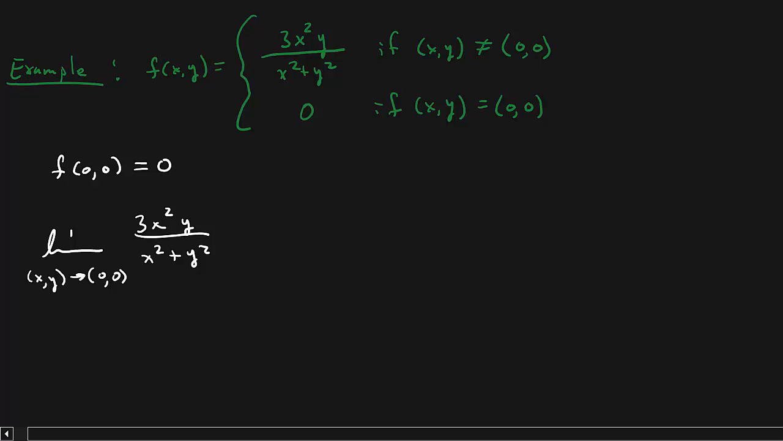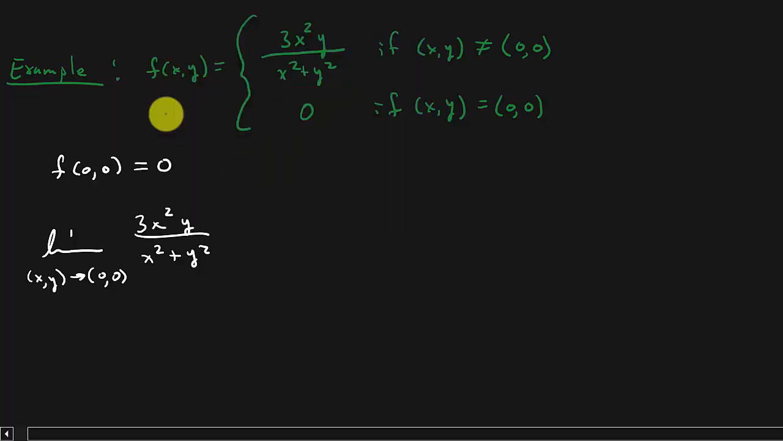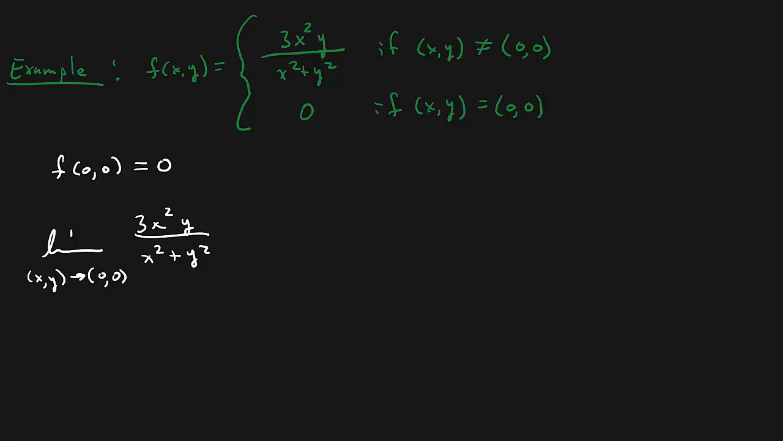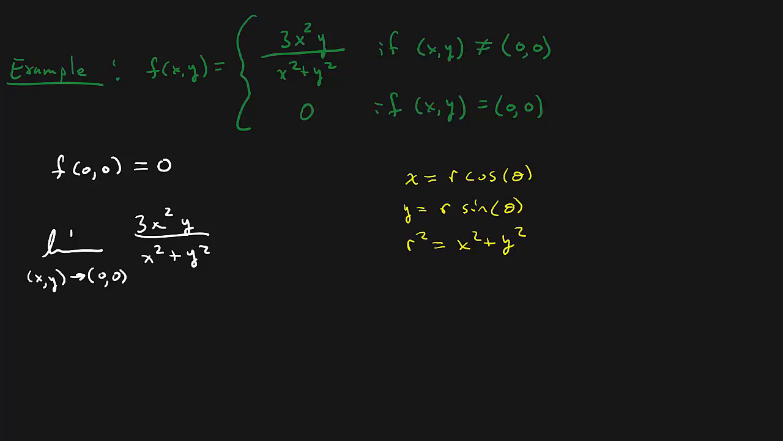All right. So how in the world are we going to work this problem? Well, let's look at this. Let's do it using polar coordinates. Remember polar coordinates where x is equal to r cosine theta, y is equal to r sine theta, and r squared is equal to x squared plus y squared. Okay. All right. So let's